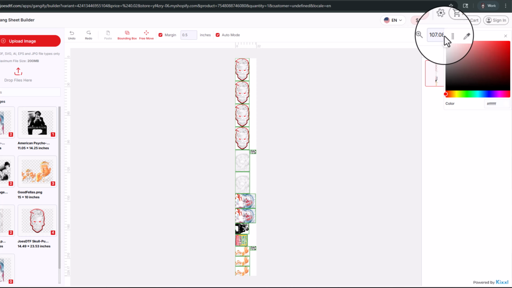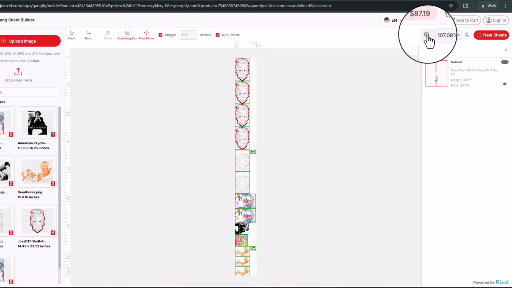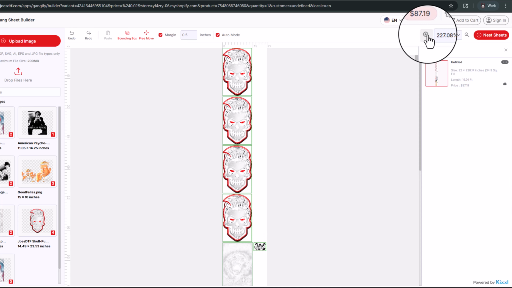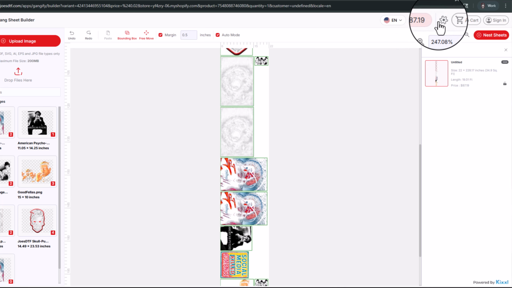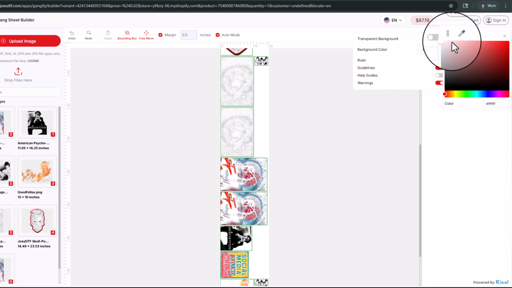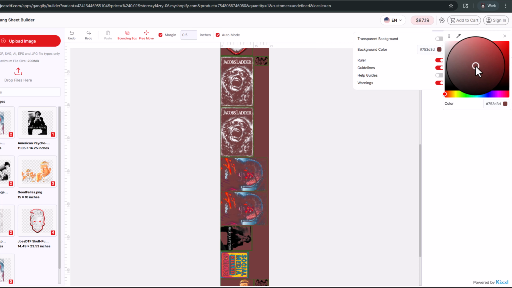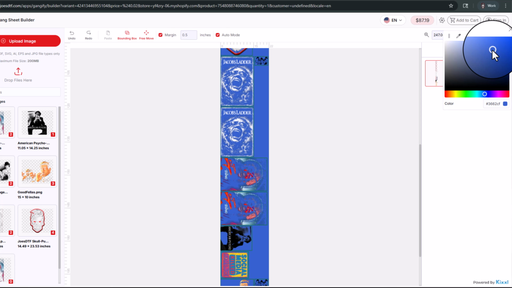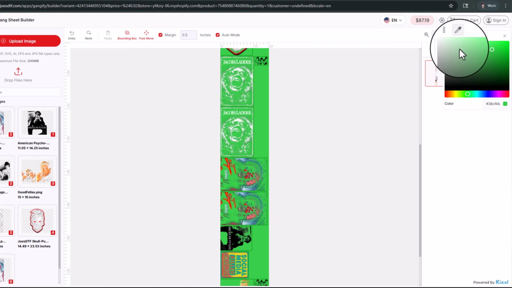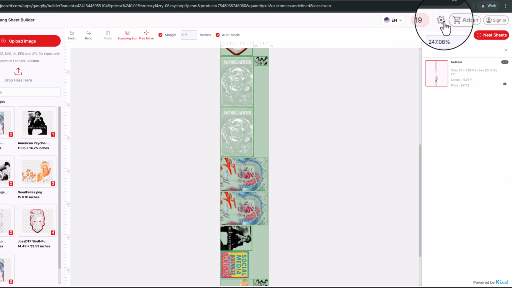This will help you actually see the ink in case you have a design that's all white and you want to see what it looks like. You can adjust colors all the way through the entire gamut, and this will help you also see what color of apparel you're going to be putting it on. That'll help decide that as well. All I would recommend is once you're done tooling around with that, just click back on the